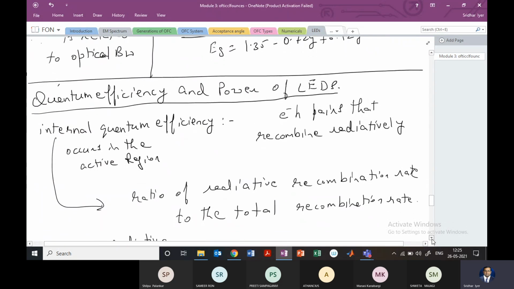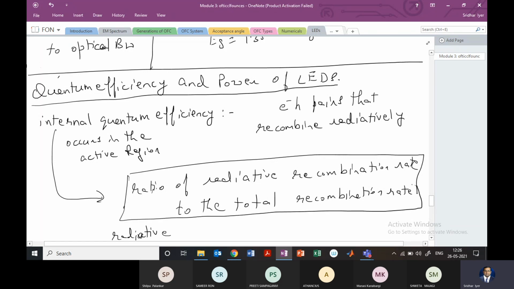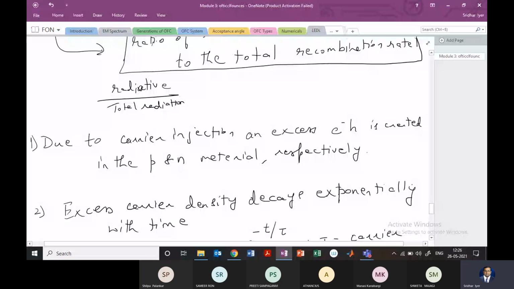Then the last part, what we did was we started with quantum efficiency and power, and we want to derive the internal quantum efficiency, and we defined this internal quantum efficiency as the ratio of radiative recombination to the total recombination. That means of the total recombination of the carriers which will happen, some of it will be radiative and some of it will be non-radiative. By radiative we mean getting light out of it. So we expect maximum of it to be radiative. If it is 100%, then that is great, but some of it will be non-radiative. So we want to calculate that, we want to find a mathematical equation for that.